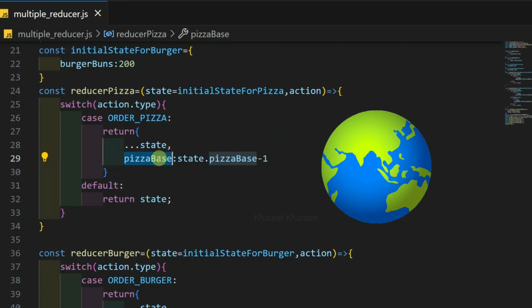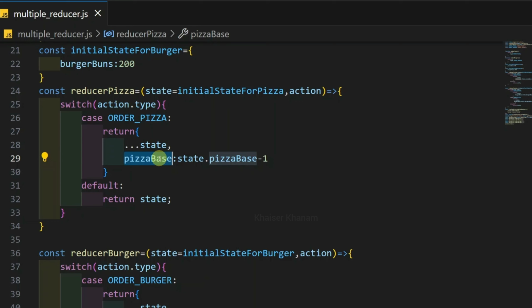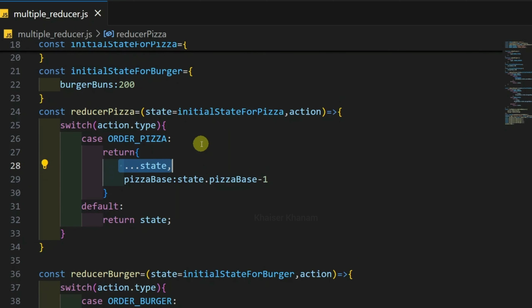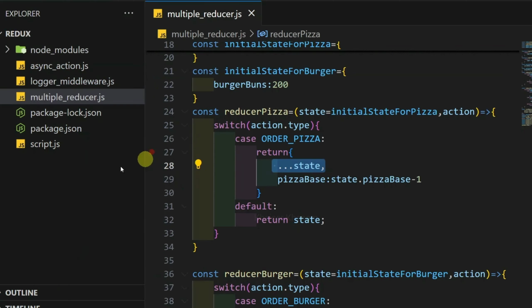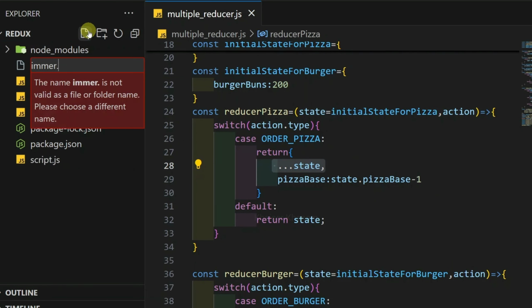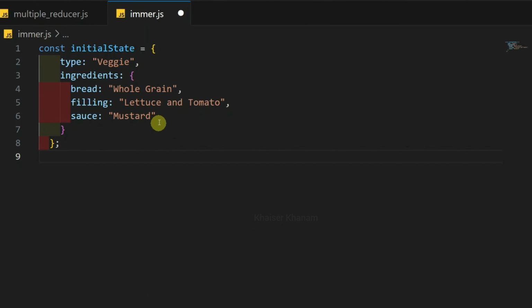But in a real world application, the state will be more complex with nested levels. So during that time, managing the state in this way will be tiresome, and also it will be very complex. So now first I will be showing you what will be the problem, and then I will use Immer library to avoid that problem. Here inside this root folder, I will be creating one file immer.js, and inside this I am going to paste the state